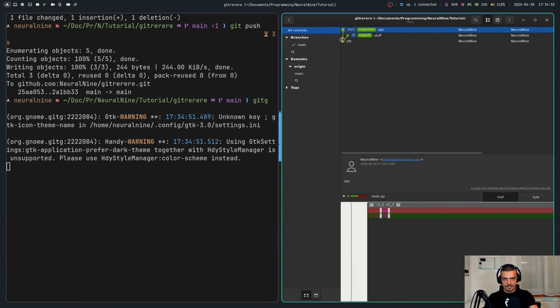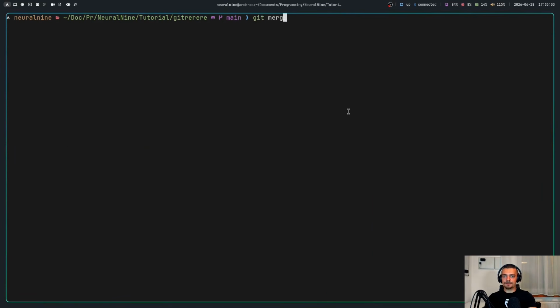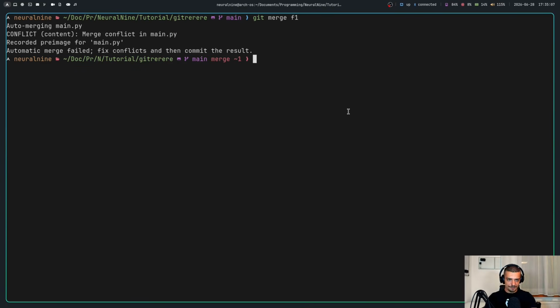We have our initial point here. We go to the right to a separate branch. Main also changed something, and now we want to do a merge. So now I'm on main. I'm going to do git merge f1, and this of course causes a merge conflict because we have conflicting